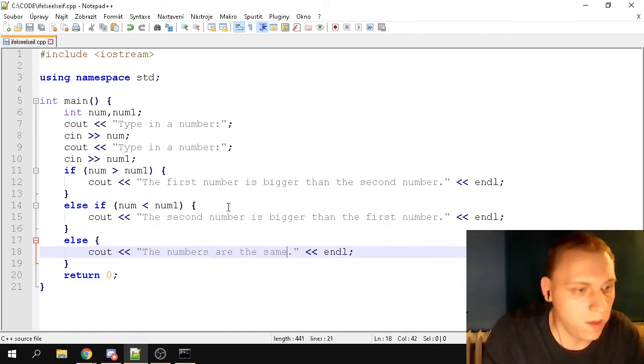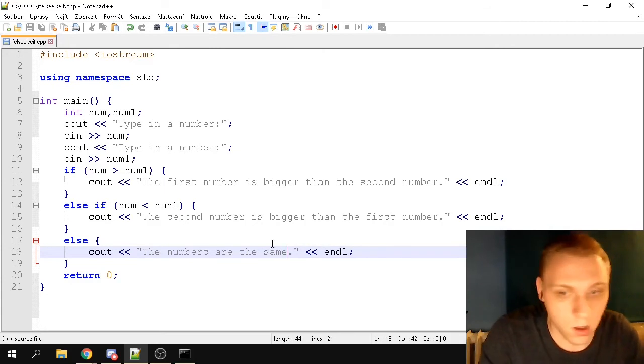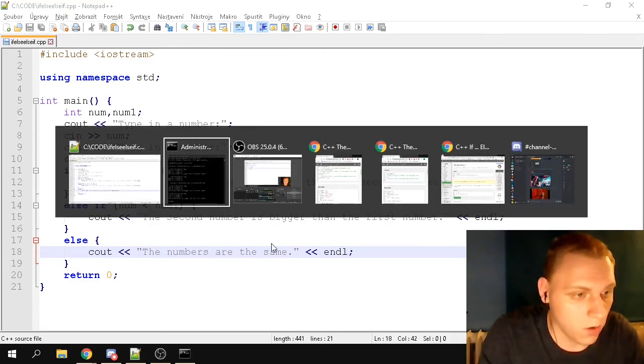Now what you see here is if the first number is bigger than the second one, it will write out that the first number is bigger than the second number. If it's the other way around, that the first number is smaller than the second number, it will write out that the second number is bigger than the first number. However, if none of these are true, so both of our numbers are equal, it will write out that the numbers are the same. So to show you that it in fact does work, we're going to go over here,